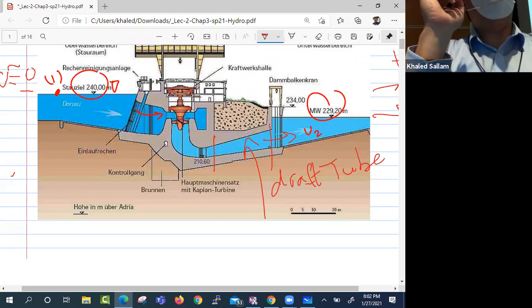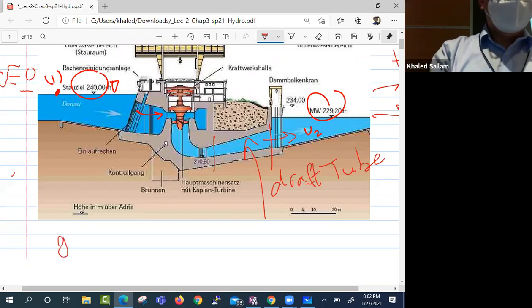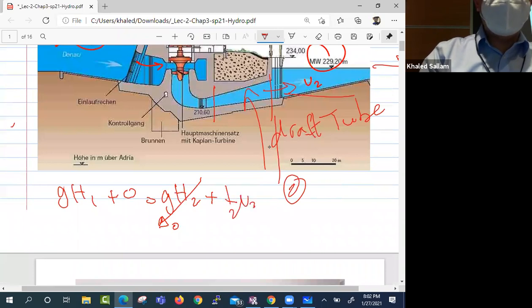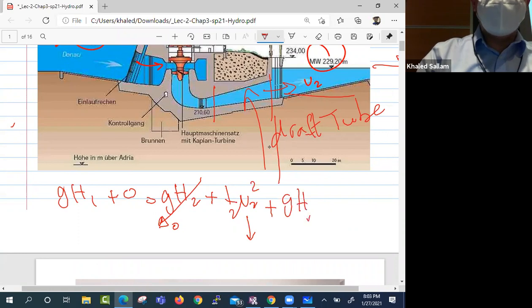And when you think from the Bernoulli point of view, when we say GH1 plus 0 equals, so now if this is my 2 actually over here, I would say GH1 is going to be GH2, which is 0, because that's the exit, and we will choose this Z to be 0, plus the exit velocity, half V2 squared, and that's why you can see that it's in your best interest to make this as small as possible, plus GH loss, and also it's in your best interest to make this as small as possible, plus